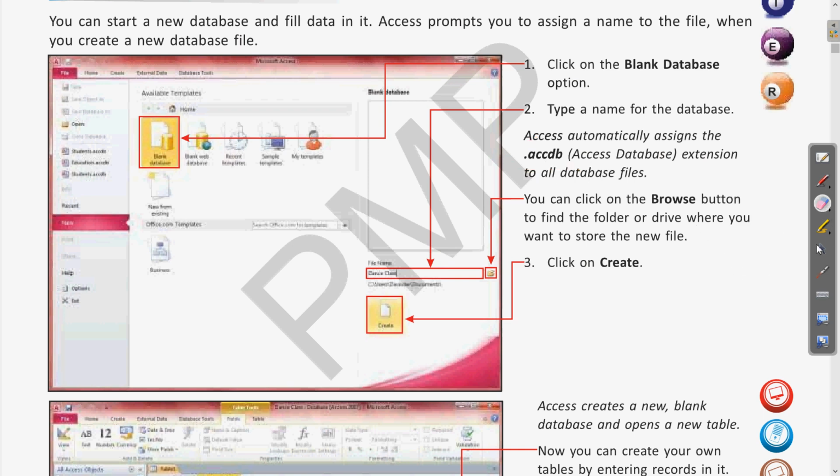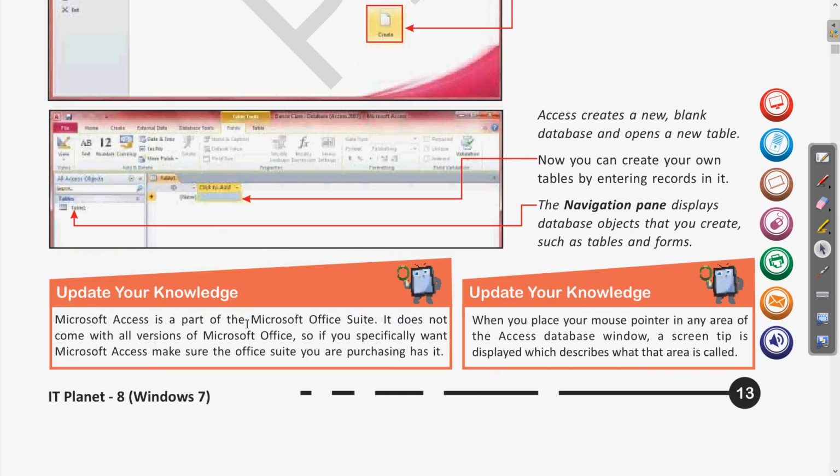Okay, coming to the next. When you create this new database, by default there is some name of the table, so it will give you a blank table. There is a default value, whatever the name of that field or column, that can be updated, and we can enter the data from here in these databases.